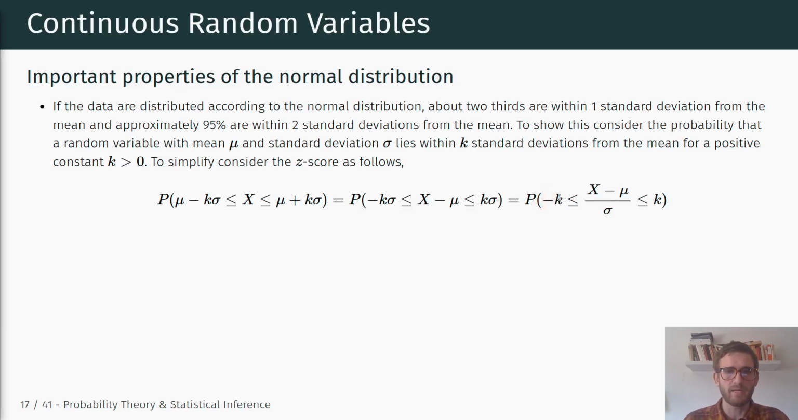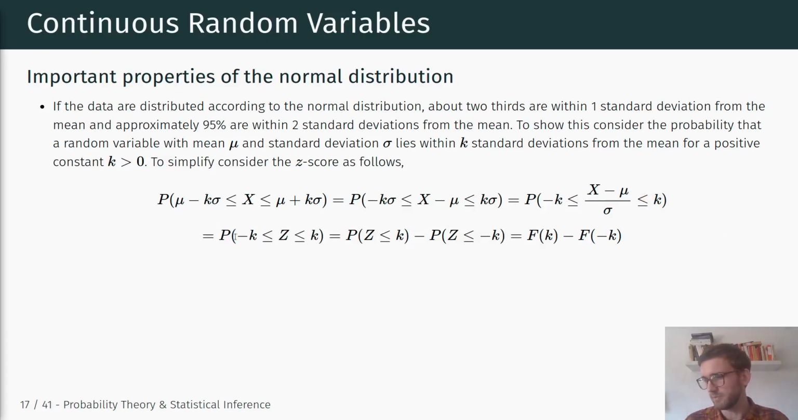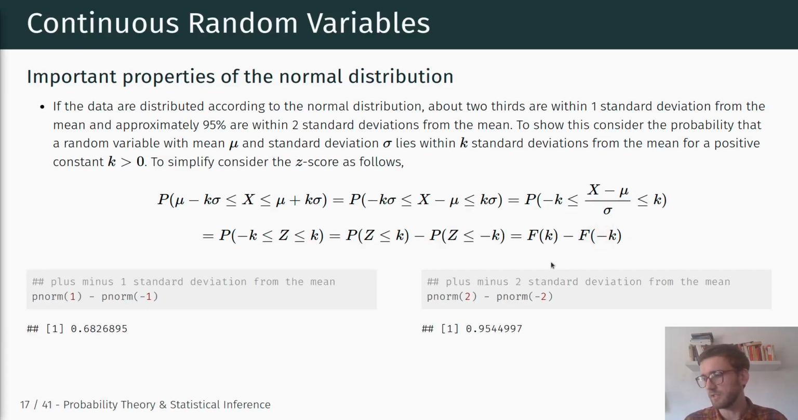And we have the lower bound of minus k and the upper bound of k. So in other words, we can now specify this as the probability of minus k being smaller than the z-score, being smaller than k, which we can separate as the cumulative distribution function up to point k minus the cumulative distribution function up to minus k, okay? So we can directly compute this to verify that 2/3 are within 1 standard deviation and 95% are within 2 standard deviations,